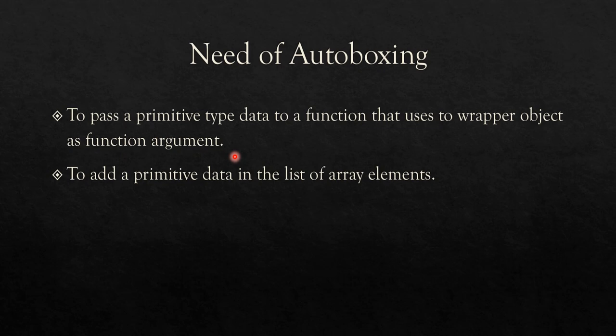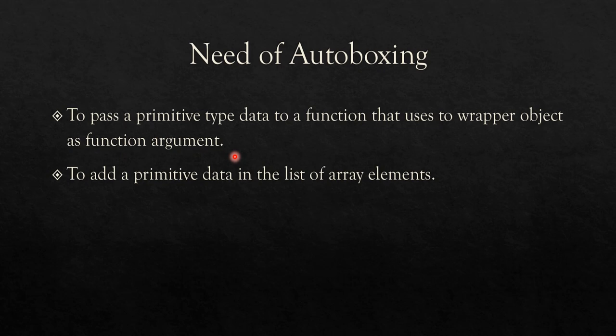So if the function argument contains an object, okay, this auto boxing is useful to convert the primitive data type into an object, and then you can pass it on to the function. So this is all an advanced concept in Java programming. Once you go on to that and learn about it, you will understand what this object is all about.